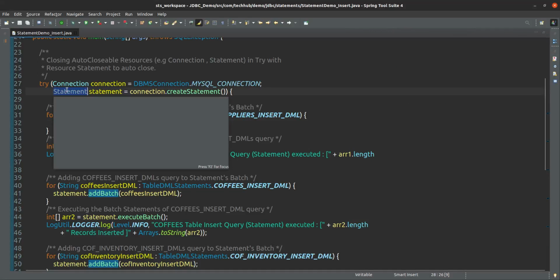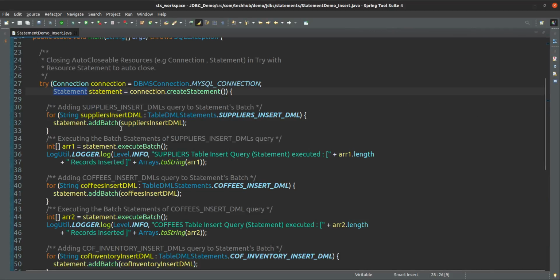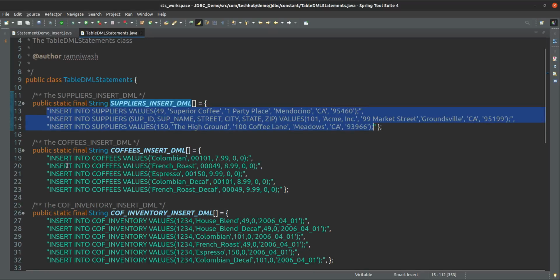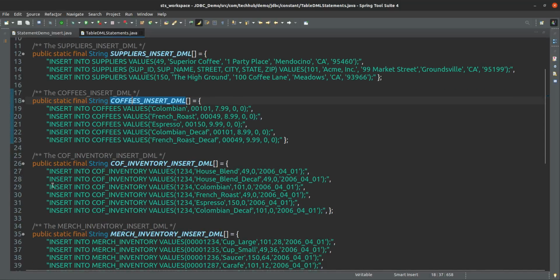Here also we are using the statement only, and in this statement we are executing using batches only. So here if you see, we have defined some statements, three insert statements for the supplier table, 5 insert statements for the coffee table. So like that we have defined it. What is the use of this statement?